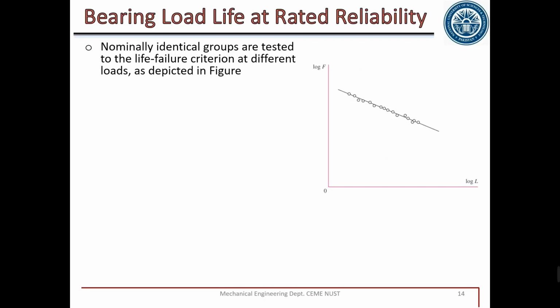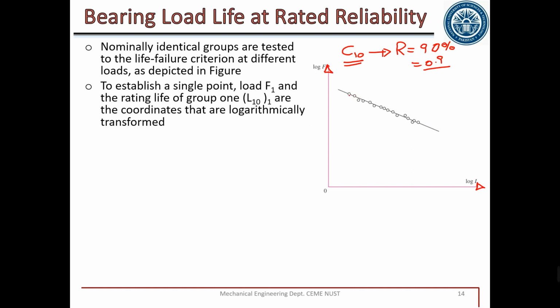In case of rated life, I have already explained that they have taken the value C10. 10% of parts are failing. It means that for any catalog of bearings, they have a reliability of 90% or 0.9. So all the equations for bearing design are for a reliability of 0.9. So let's say that they have a curve, a failure criterion for a reliability curve of 0.9. This is life versus force, applied load versus life. These are the bearings that are failing.